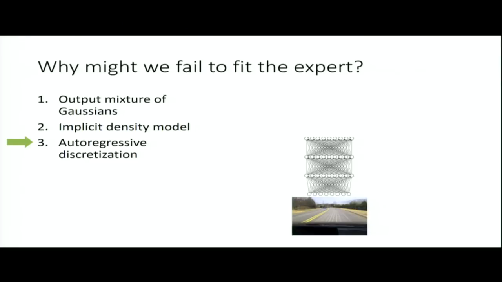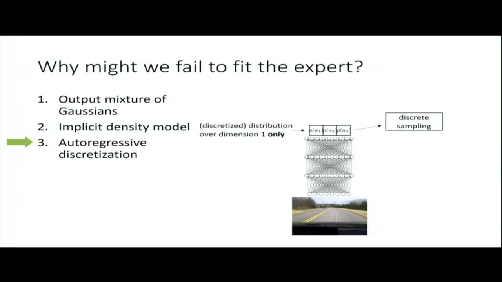This is sometimes referred to as the curse of dimensionality, which we'll talk about later on as well when we talk about RL algorithms. But it turns out that if you want to train your neural network to output discretized actions, there's a little trick you can do to avoid discretizing all the dimensions jointly. What you do is this. You first discretize the first dimension. So let's say you have 3 dimensions in your action. You discretize the first dimension, and you output a softmax over that dimension. And then you sample from that softmax. That gives you the value for the first dimension.